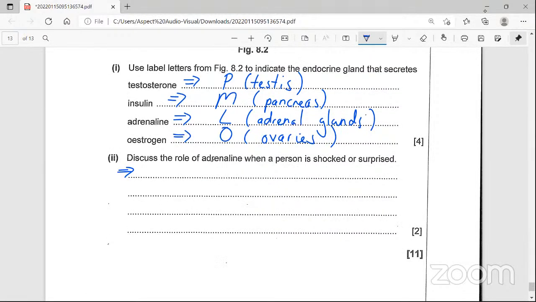Right, guys, let's move on. Discuss the role of adrenaline when a person is shocked or surprised. What happens? Yes, it's fight or flight. But this is not the answer, I don't think you can write this. Thank you. It increases